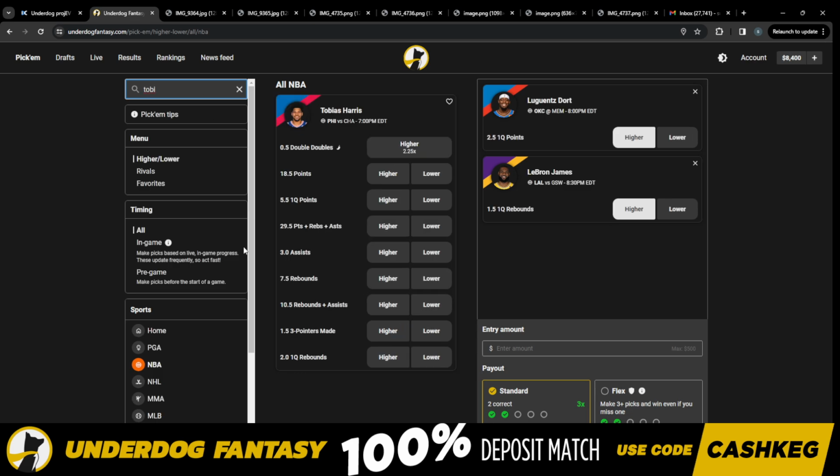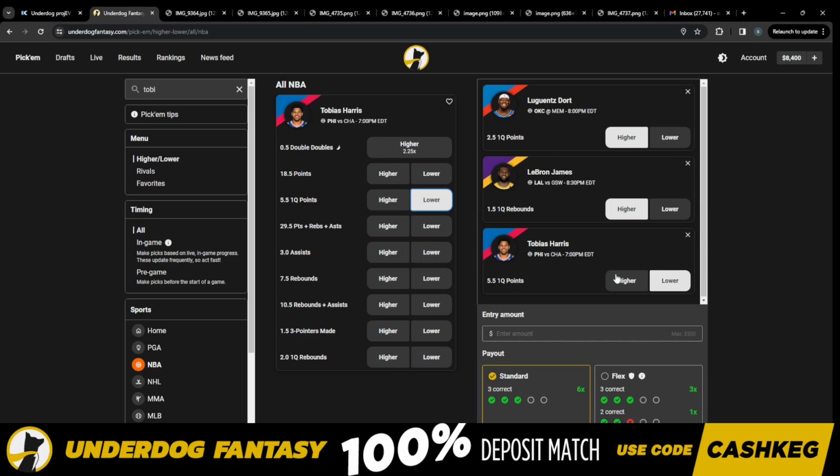Tobias Harris. Now I had to dig into this one a little bit because Maxey's been in and out of the lineup. And so, I was wondering why there are some games that kind of spiked for him specifically. And I'm talking about 5.5 first quarter points and go lower on this, right? So we know that,